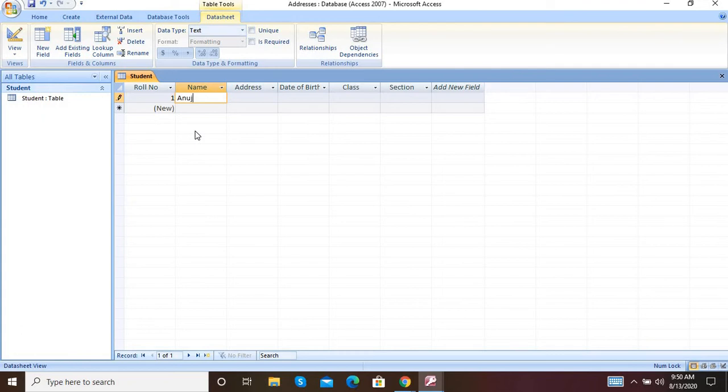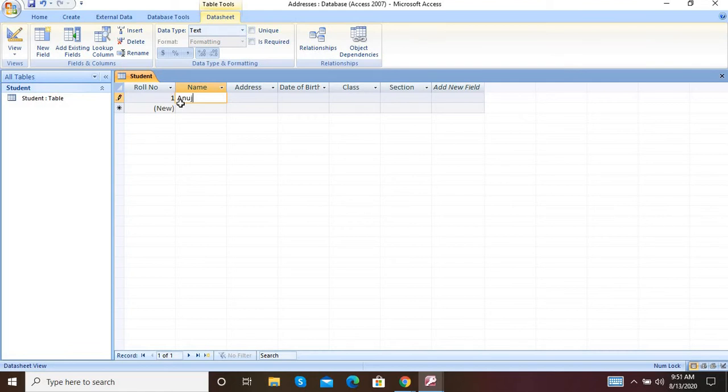Another thing, if this number contains 56101, no issue, it will take its own number. This number is automatically generated, so any number that comes is unique and does not repeat. Okay, because we are considering roll number as a primary key.